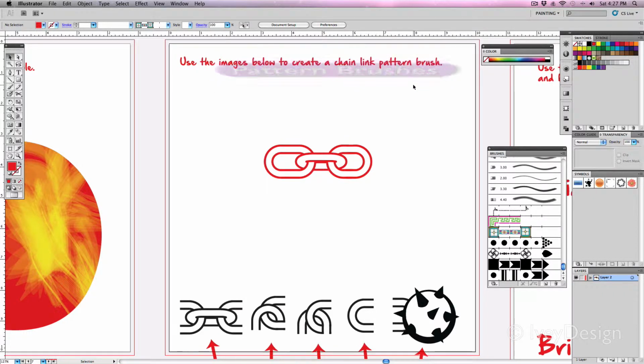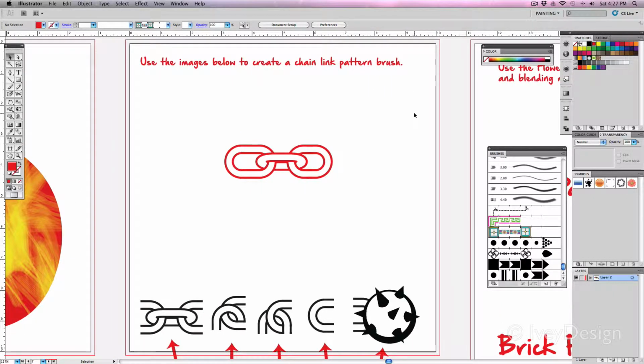Pattern brushes are some of the most complex brushes to work with, but if you know what you're doing, they're really, really cool. A pattern brush allows you to repeat the same pattern over and over again along the length of a vector line that you've created. In this case, we're going to create a repeating chain link pattern